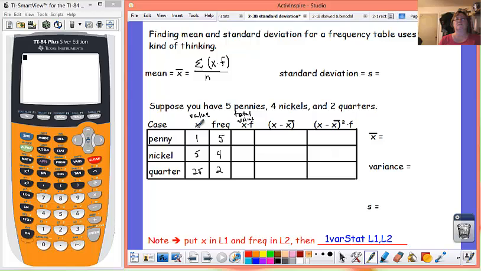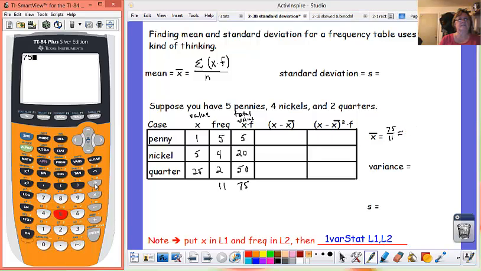XF. So the value of a penny is 1 cent. We had 5 of them, so that's 1 times 5, 5. 5 cents for a nickel, and we had 4 of them, so that's 20 cents. 25 cents for a quarter times 2 quarters, 50 cents. That is a total of 75 cents in value over 11 coins. So for us, the average value in this frequency table is 75 over 11, which is about,